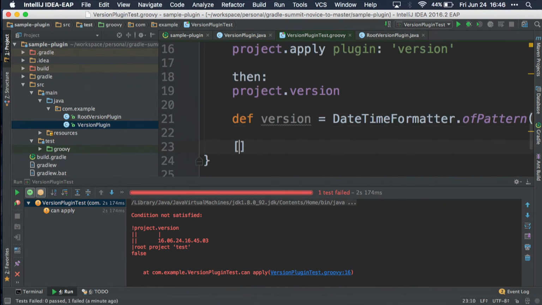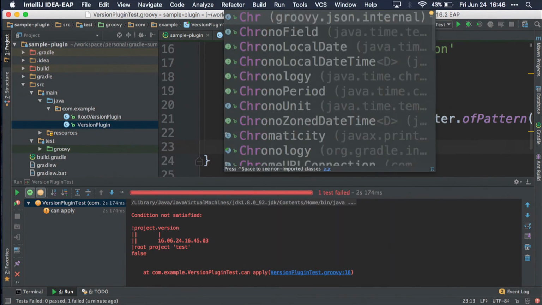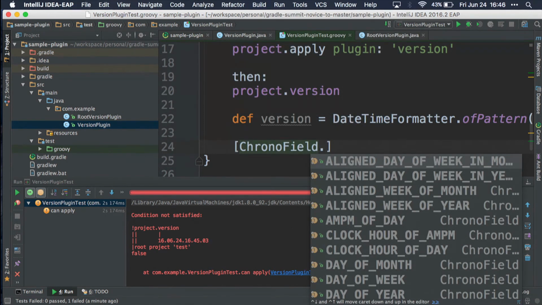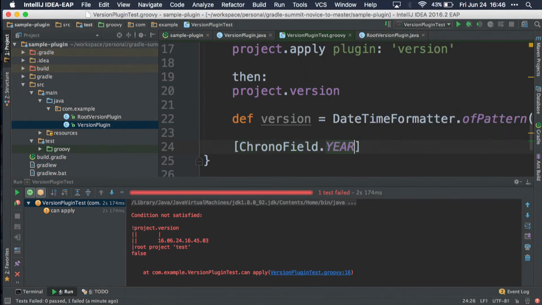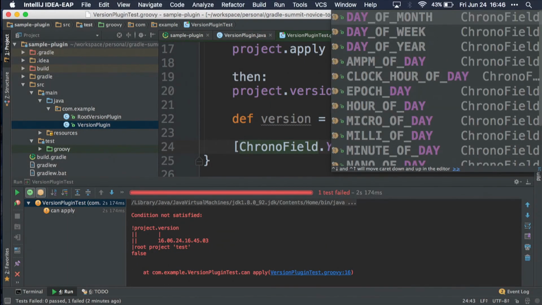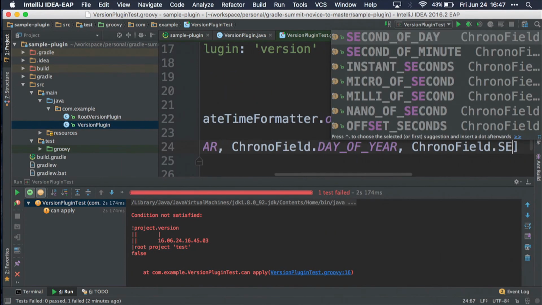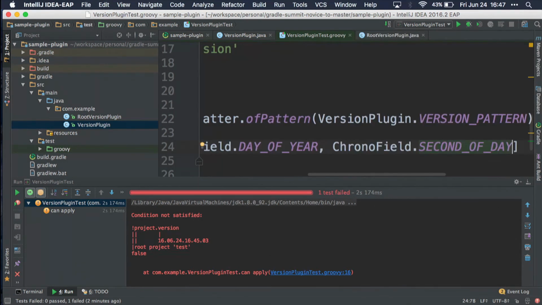I'm going to use a loop in Spock. So I'm going to use ChronoField.YEAR, because I care about the year. Then ChronoField.DAY_OF_YEAR, because we know that only one day in the year can be that number, so they would be roughly the same. If the day of the year in the computed value is the same as the one that was generated, they're the same day. And then I'm also going to do ChronoField.SECOND_OF_DAY, because I only go down to the second, so I don't need any more resolution than that.